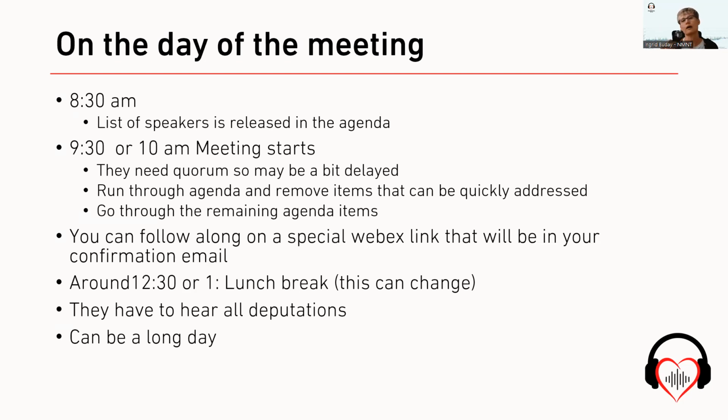Then they'll run through the agenda, and sometimes these meetings have 14, 16 items on them. They'll go through the agenda, and any item that has a speaker has to be held, as they say, because they have to hear you. Any items that can be quickly cleared off are done. So an 18-item agenda can suddenly go to 10 items or 5 items. I've also had it where if there are a lot of speakers on another item, they will clear through the items that only have 2 or 3 speakers. So you need to have YouTube on and be ready to speak.